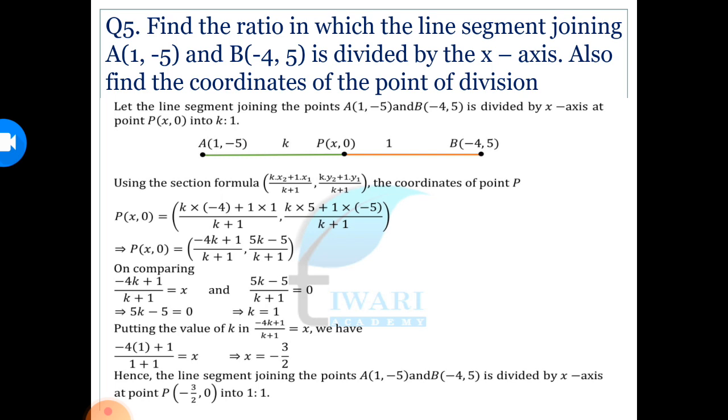That means this ratio is 1:1, or else we can say this P is the midpoint of the line segment AB, because the ratio 1:1 is coming. Now putting the value of k in the x coordinate, we get the value of x as -3/2. So the coordinates of P are -3/2, 0 and the ratio is 1:1. Now another very important